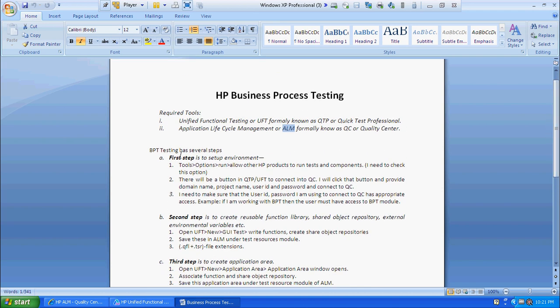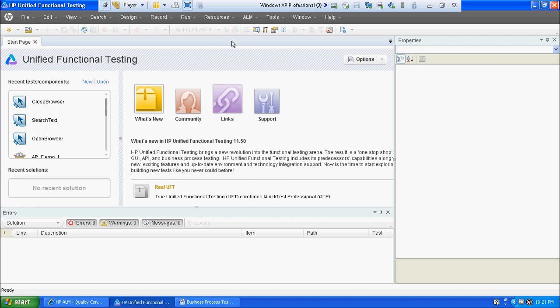The first step is to set up the environment, set up the automation environment, so that we can do the HP business process testing. To set up the automation environment, we need to do 3 things. One is to give permission from UFT to access QC, or ALM. That is what we can do by navigating